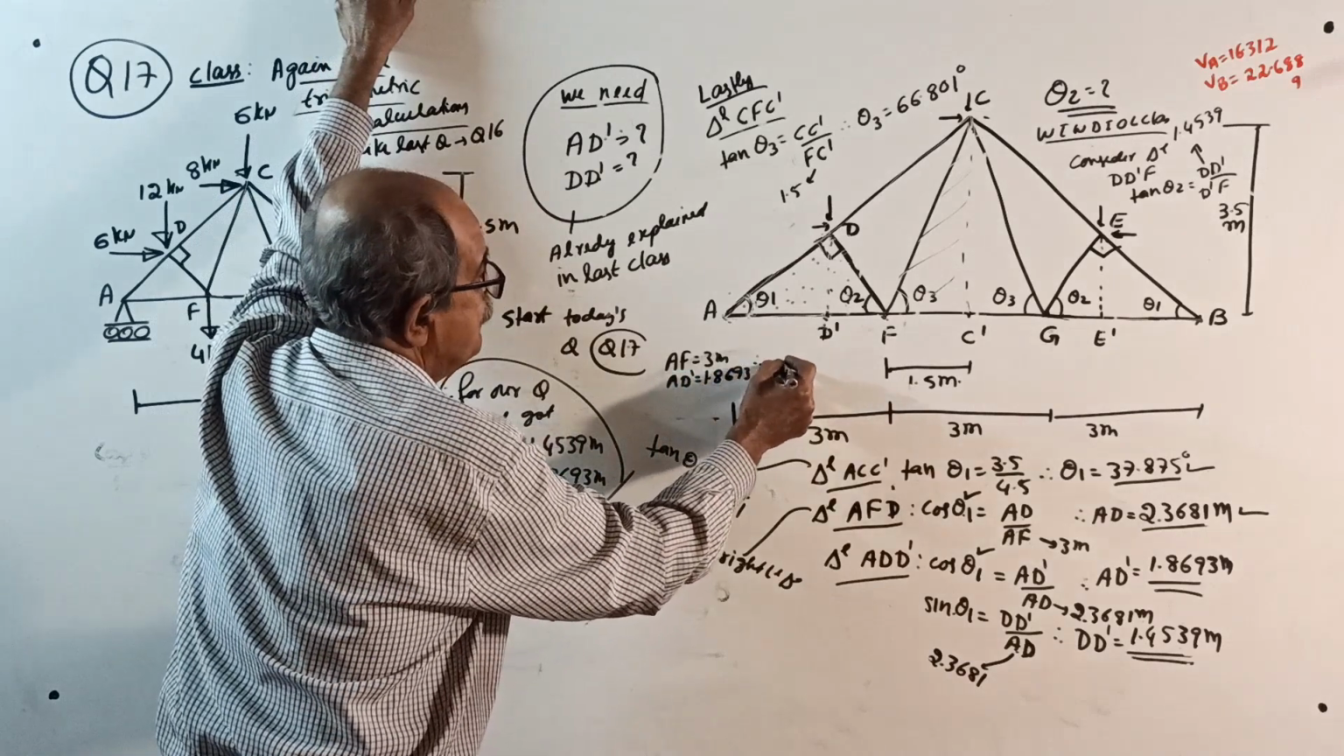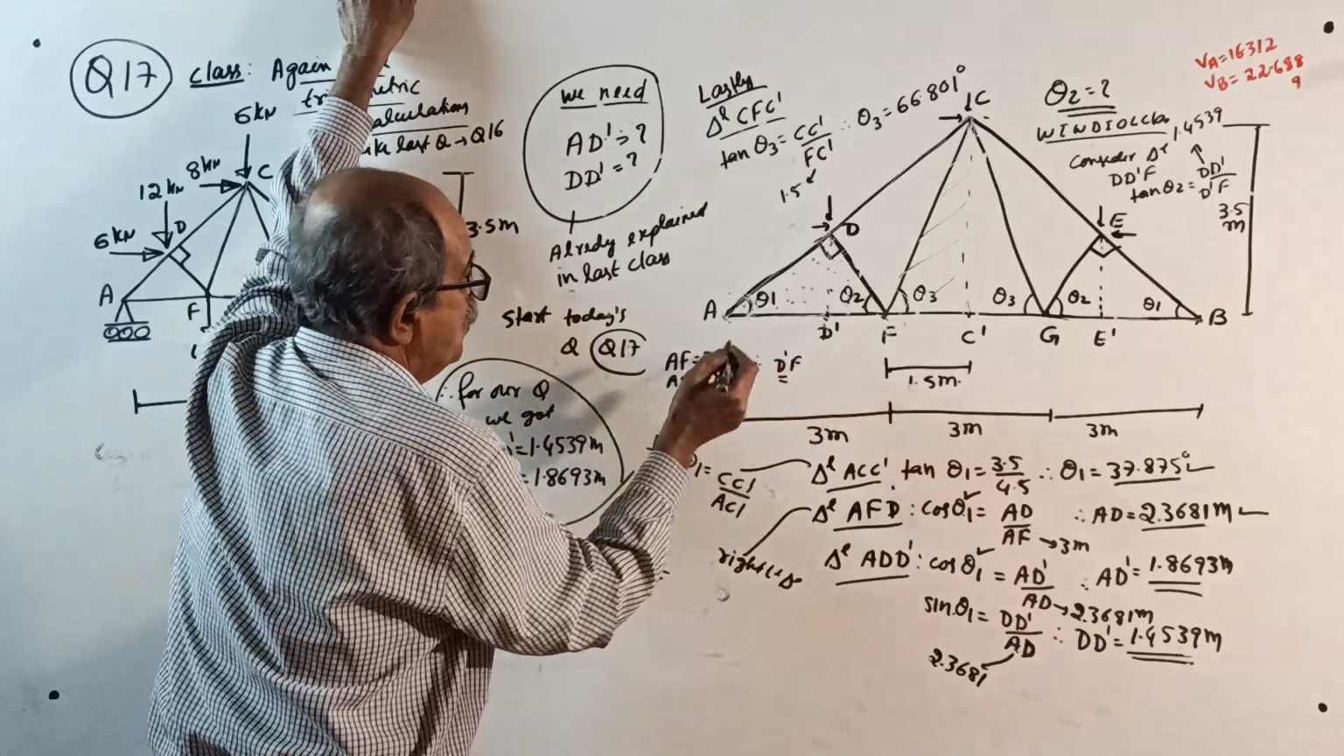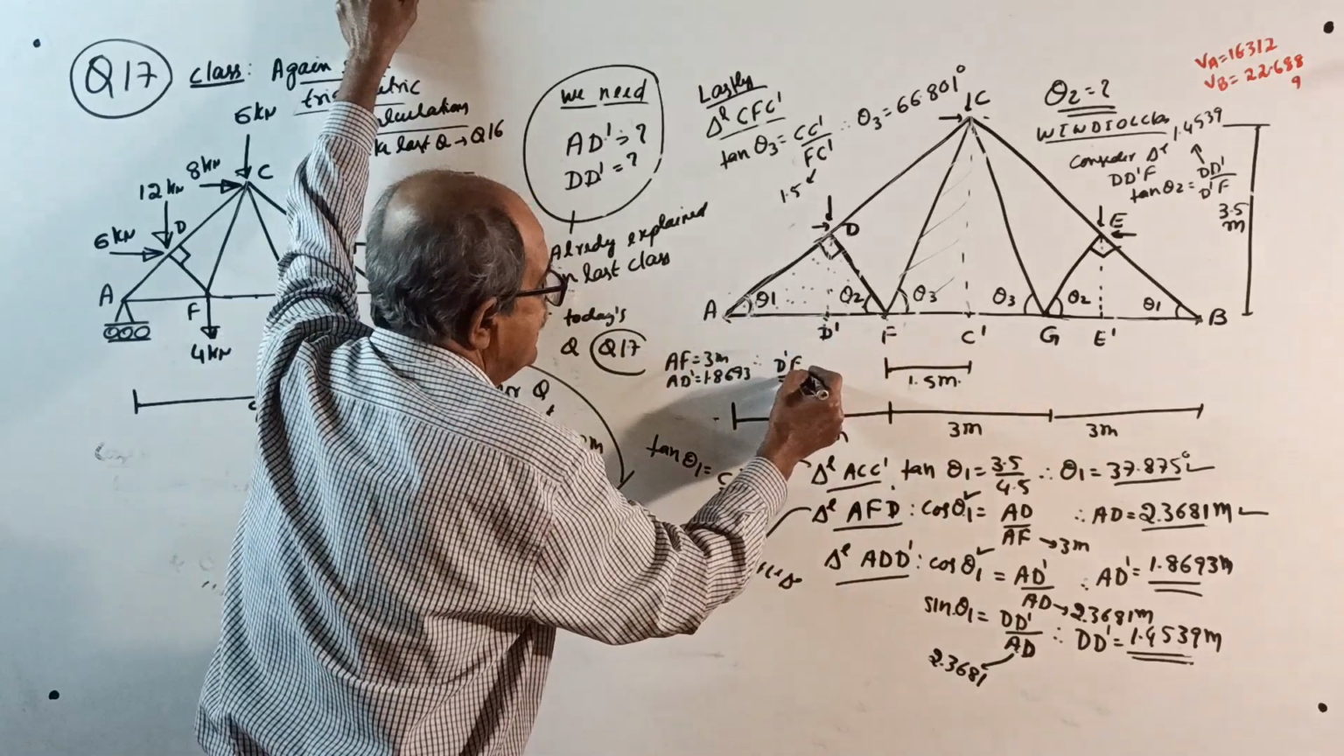1.8693 meter. Therefore, your DF equal to what? This 3 meter minus